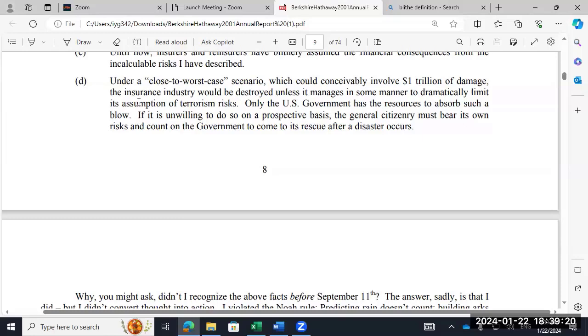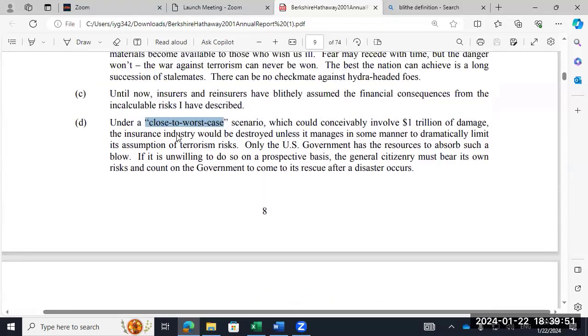So who's the only one who insures flood risk? Well, the U.S. government. Insurance companies don't insure flood. Why? Because it's such a massive event. And there are people who think terrorism should be one of those events, not insured by the industry, but only insured by the U.S. government. So there are some risks that are so massive they could destroy the entire industry. And the question is, can the industry actually insure those events? He says close to worst case, mainly because every worst case wasn't the worst case until it happened. And so the next one's going to be worse. There's always a worst case out there.